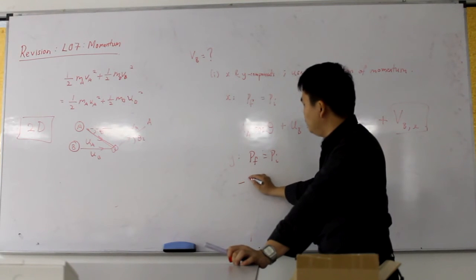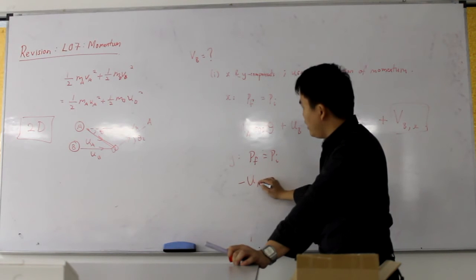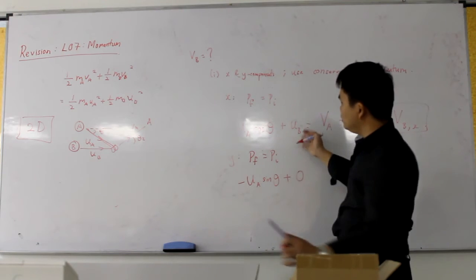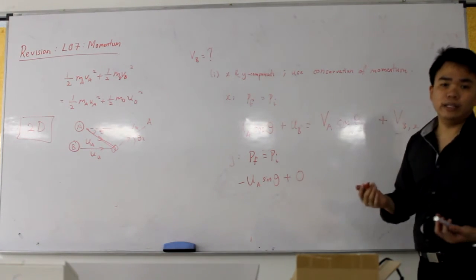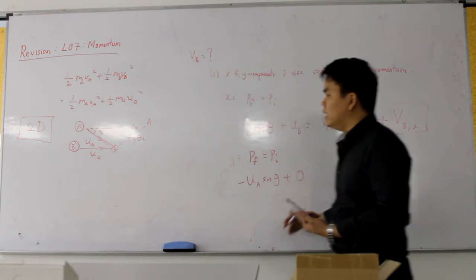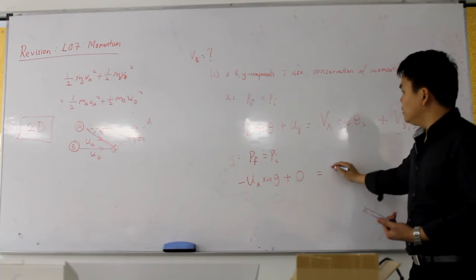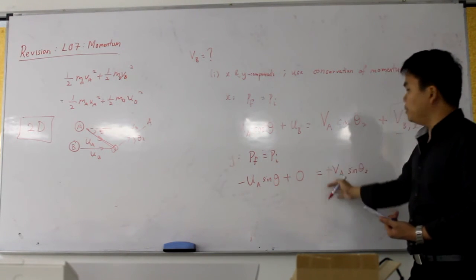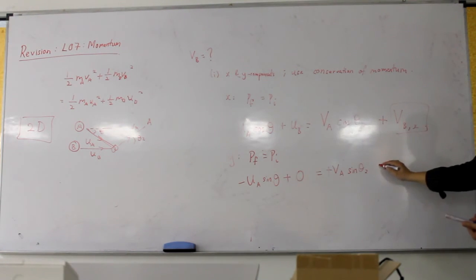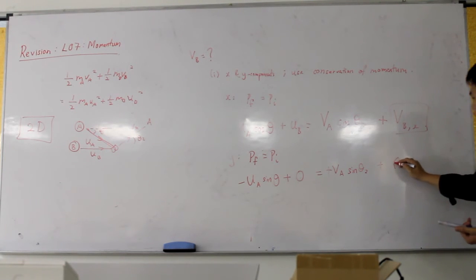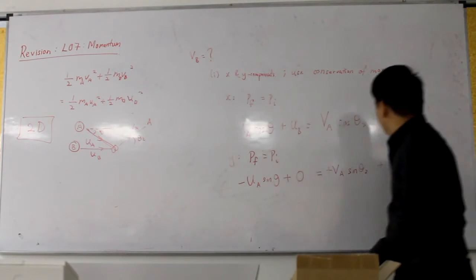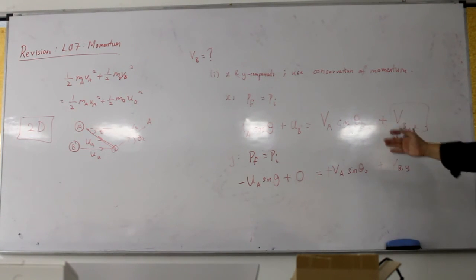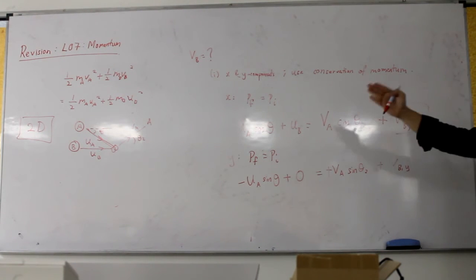So it's negative uA sine theta plus 0, because object B has no vertical velocity, same as vA sine theta 2, a plus here because it is moving outward, plus vBy. So from this equation and also maybe from some other equation, if the information is given,